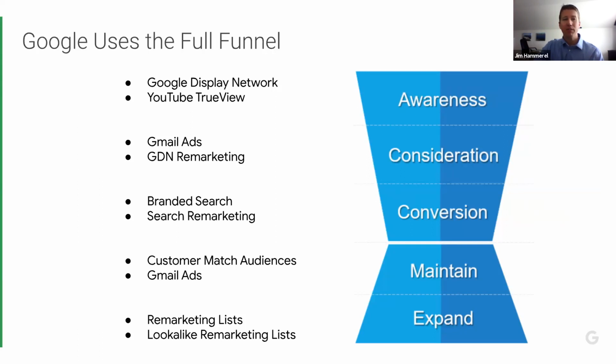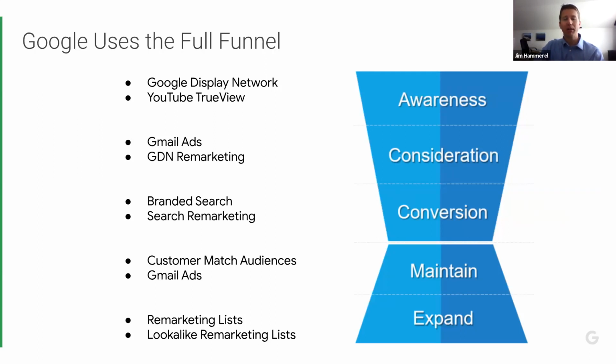At the consideration phase, we're using GSP or Gmail ads to advertise proactively directly into people's email inboxes, which is great. And then, of course, using GDN remarketing. So people who have been to particular portions or sections of our website, who have maybe landed on our landing page but not converted yet, we can bring them back in and message to them with additional layers of messaging